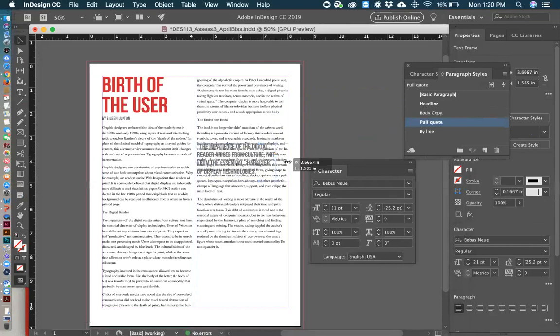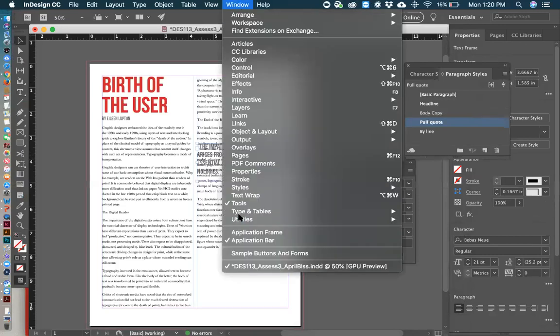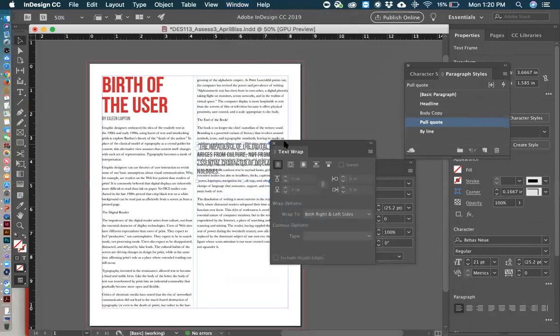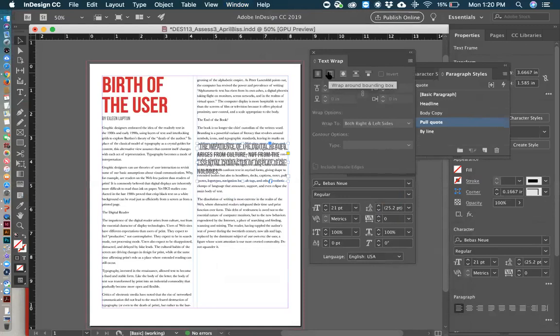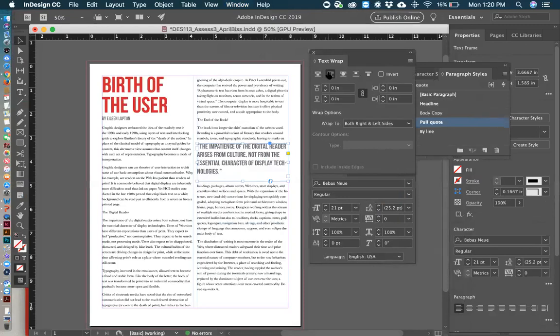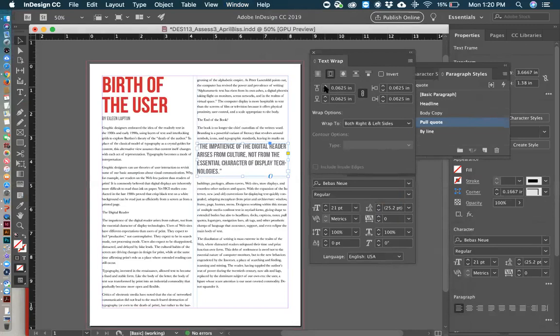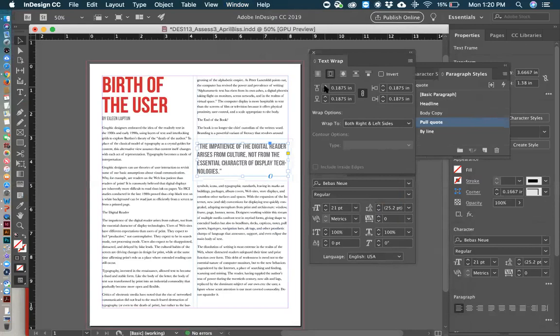Now there's several things that you can do. You can put the copy over top and have it the same width as your copy here, and then just put a text wrap on it. So you would just go up to text wrap under window, and once the panel comes up, you're going to choose that wraparound bounding box. And that's going to give you a way to control the clear space above, below, left, and right of your box. So if you increase this, you can see how that space gets bumped down